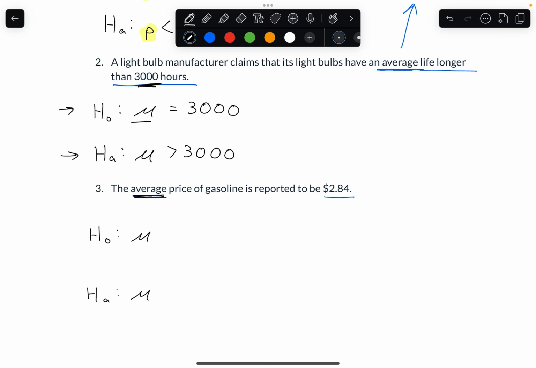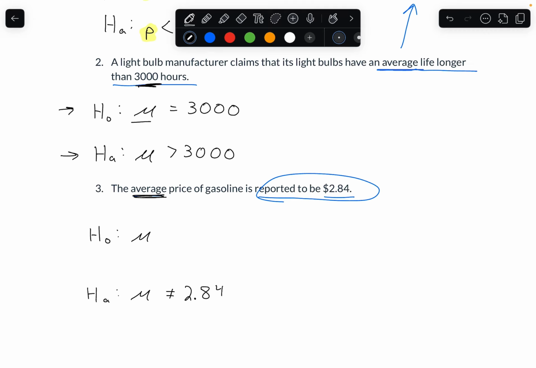This one is a little bit trickier because there's not really a statement being made. You'll see this pop up every now and then where there's not really a question or a statement being made. Here, we're not saying it's necessarily more than $2.84 or less than $2.84. In these cases, if it's not giving any indication whether it's less than or greater than that value, then we're going to say that this is a two-tailed test, which means our alternative hypothesis is that the mean is not equal to